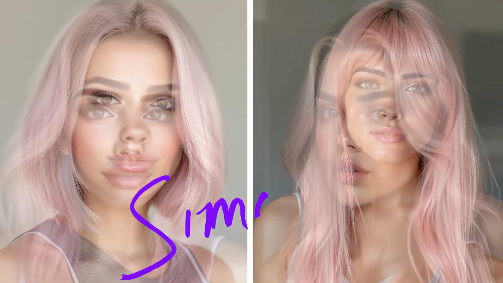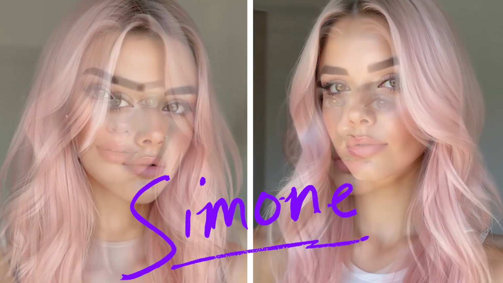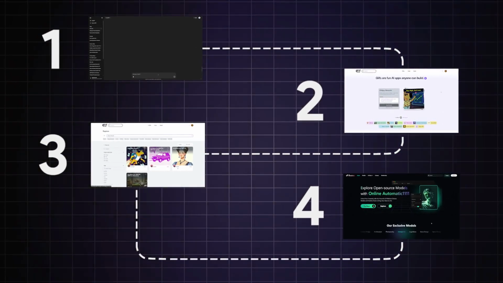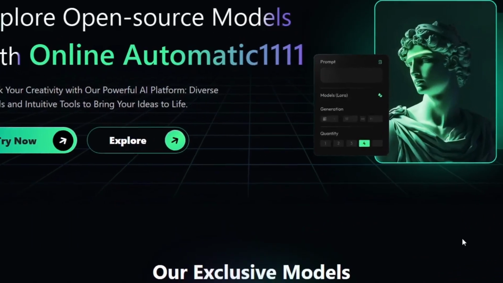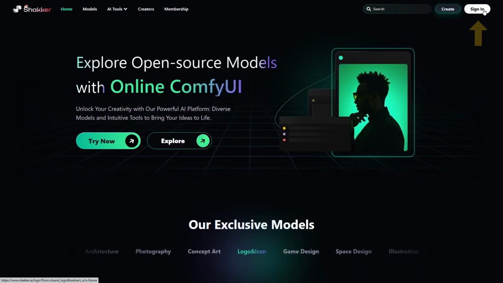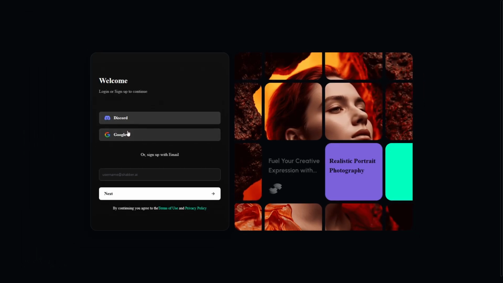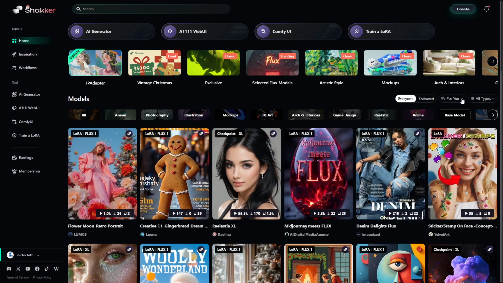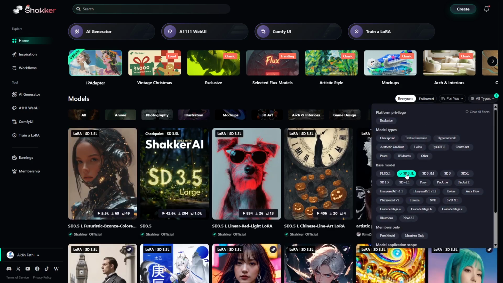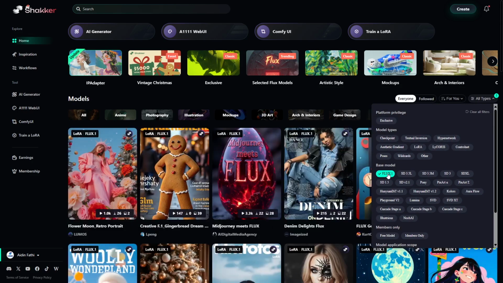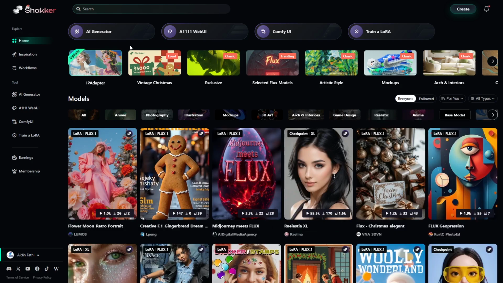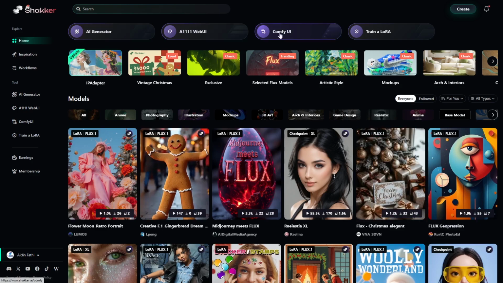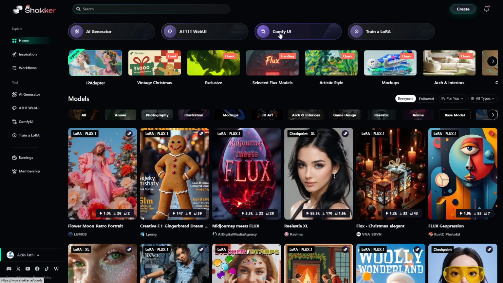And after some retries, I have enough images to train our LoRA model. So let's use Shaker.AI to train Flux LoRA for free. This is the Shaker.AI interface, and you just need your Google account to sign in. This is an all-in-one AI image generator that includes a vast number of AI models, including Stable Diffusion 3.5 large and Flux models. Also, Automatic 1111 and Comfy UI are available to try these models online for